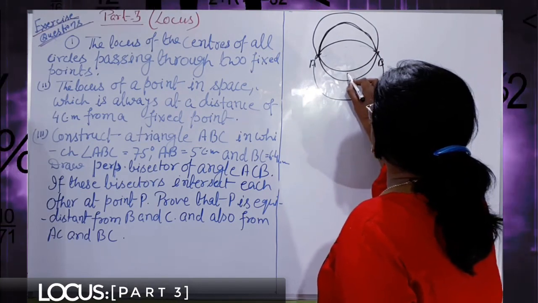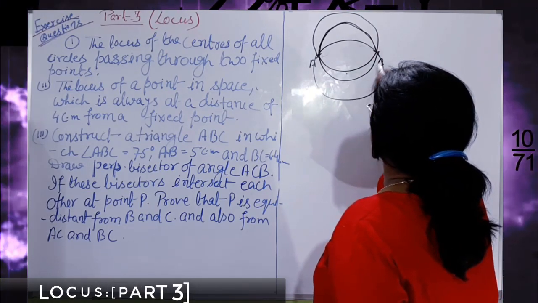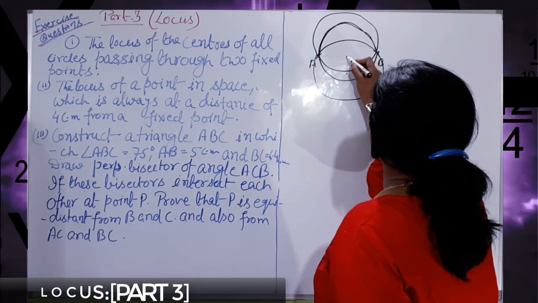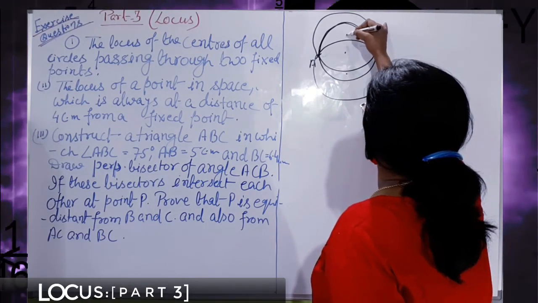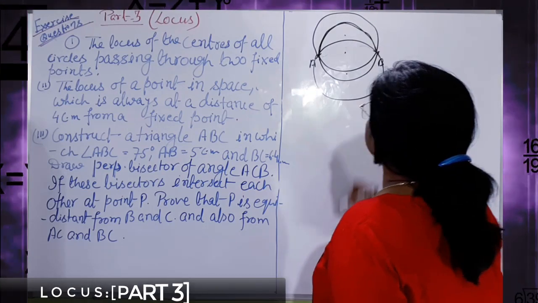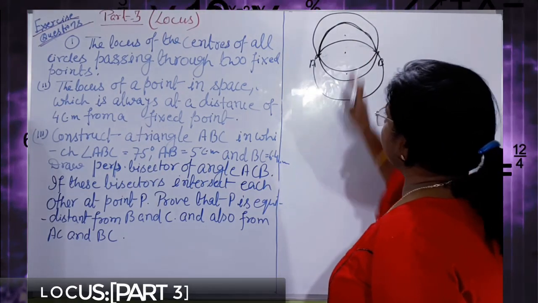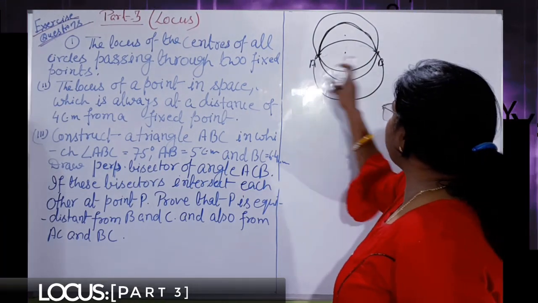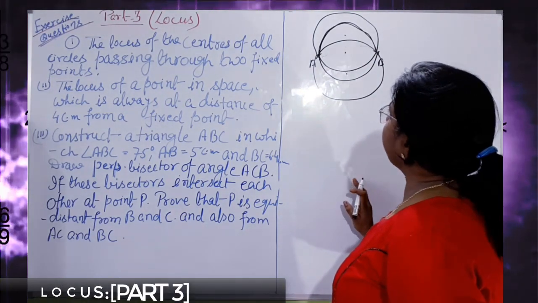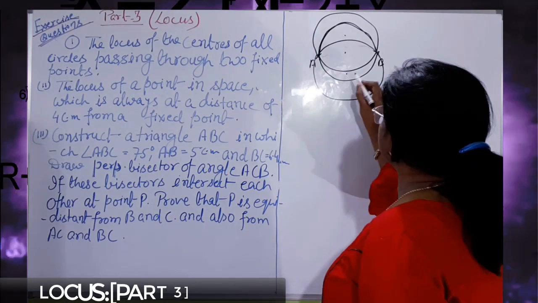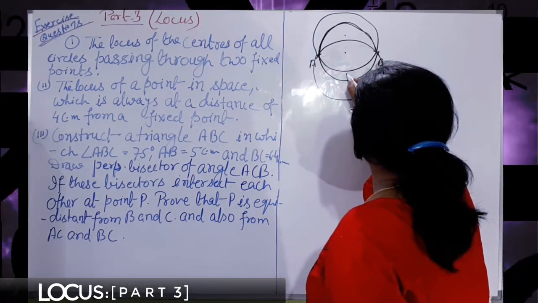This circle center is there. This circle center is here and this big one center is there. In this way, if we draw a lot of circles through two fixed points and then get a locus by joining all these points,